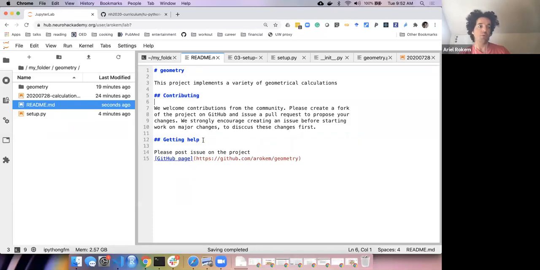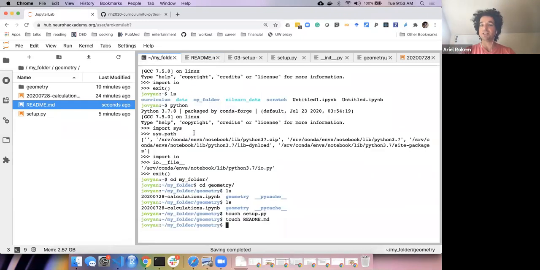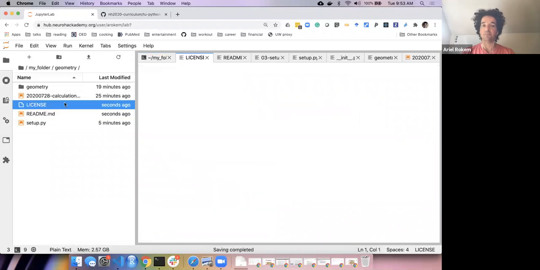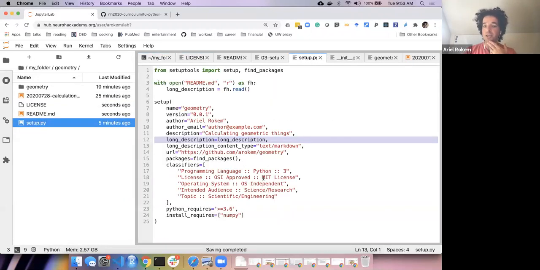One more thing that you might want to put in here before you make this code available to others is you might want to put a license in there. It's actually a very good idea to put a license on your code. I'll explain in just a minute why that's a good idea. So I put a file in here called license, and the license that I've declared in the setup.py that I'm going to use is the MIT license. The MIT license is a very short license. It's very simple,